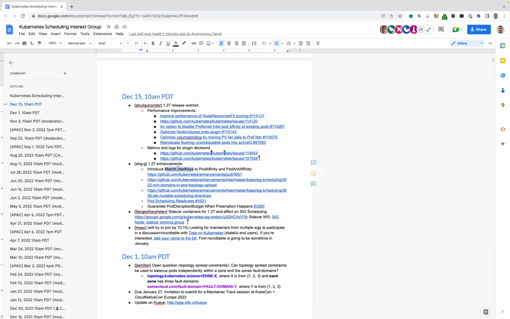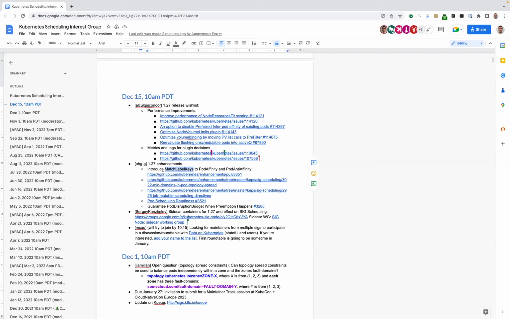If you recall, we introduced the idea of match label keys to pod topology spread to solve the problem of when you update a replica set, it goes through a rolling update. You wanted a way to apply the constraints on the new replica set, not on the old one. While you're doing it, the pods of the older replica set will be downscaled and removed, so they should not be taken into account when doing the calculations of skew and whatnot.